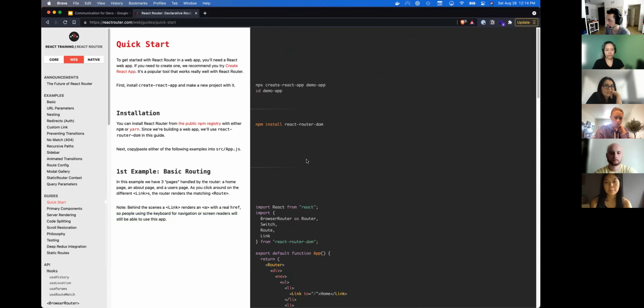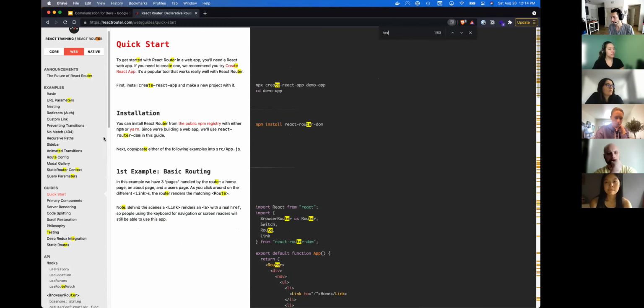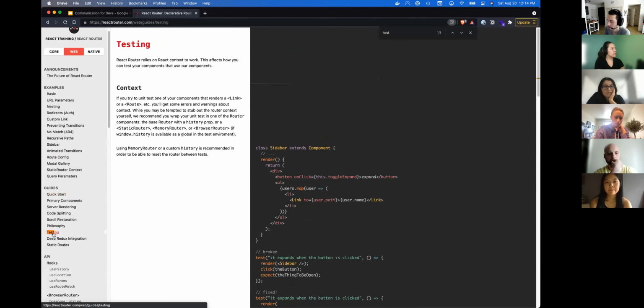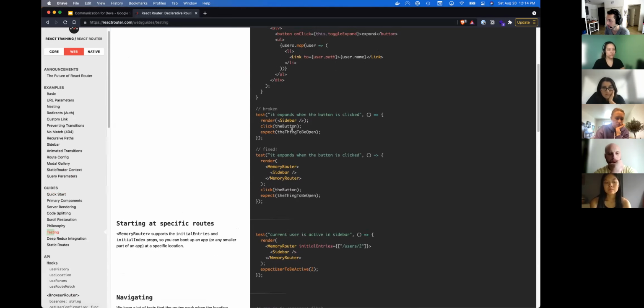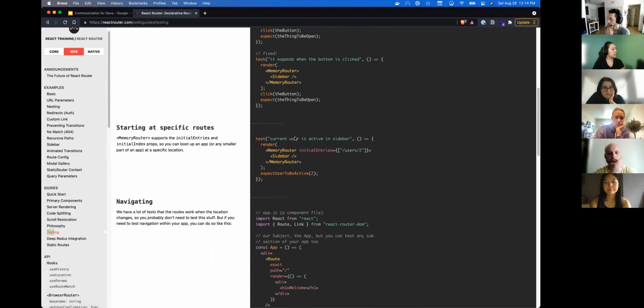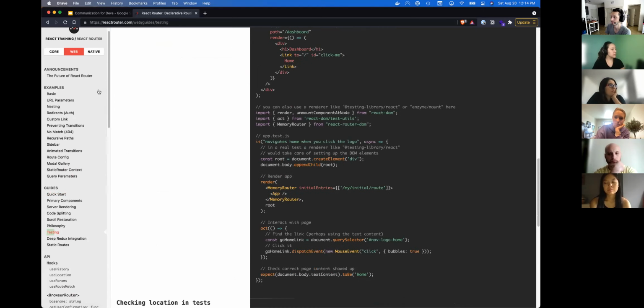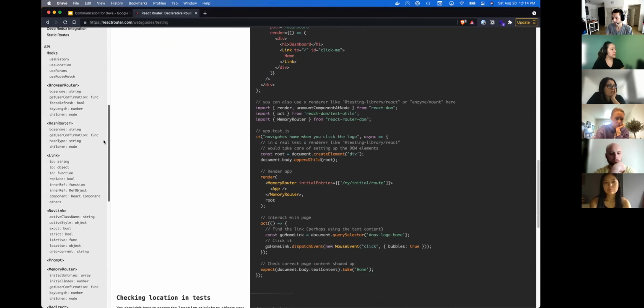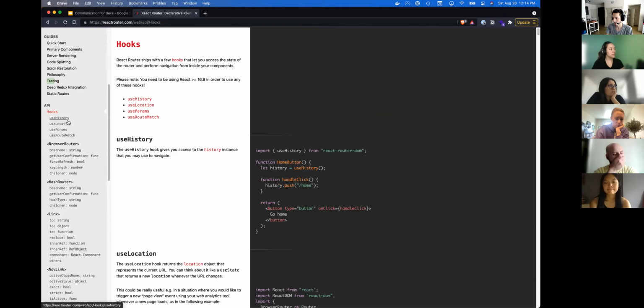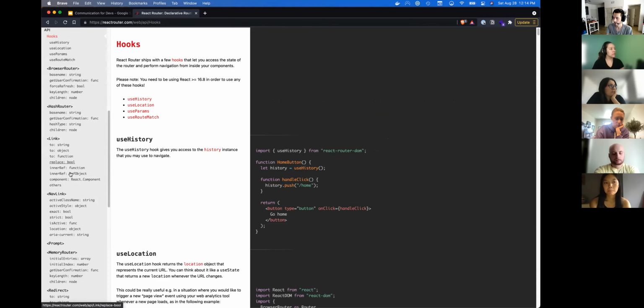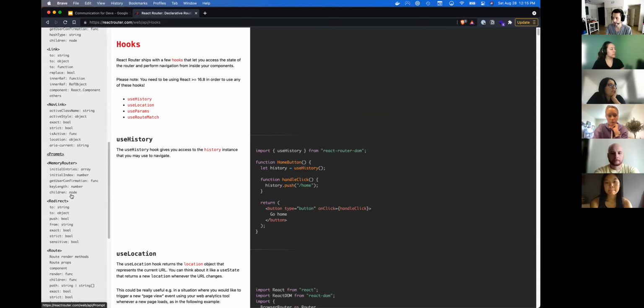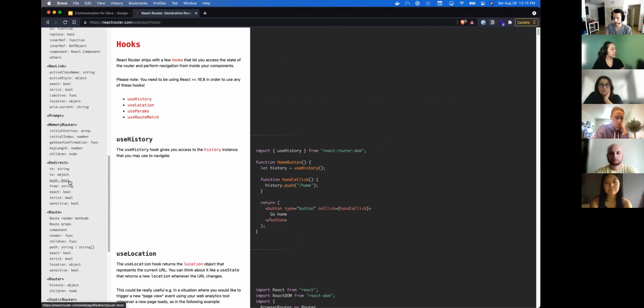But for someone who already knows all this and knows how to use React Router, and they just want to figure out a certain thing, like I need to figure out how to test. Testing with React Router is pretty difficult, so I just want to go to this testing document. I just search test, and it's an option here in the guides, and this gives detailed explanation about testing, which is super helpful. And React Router has a ton of documentation for all their APIs, their hooks, each of their components and their properties. So it's super detailed, and anyone can go here and find what they're looking for.